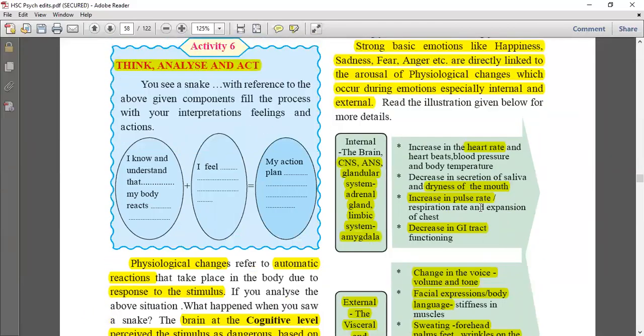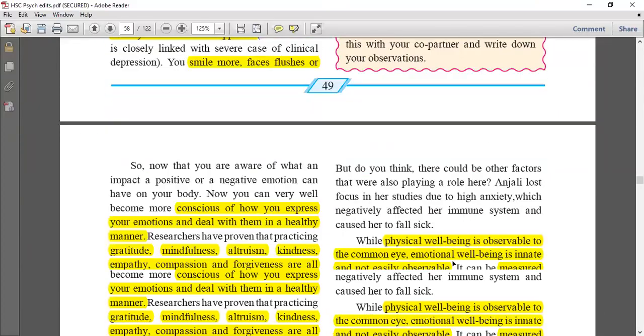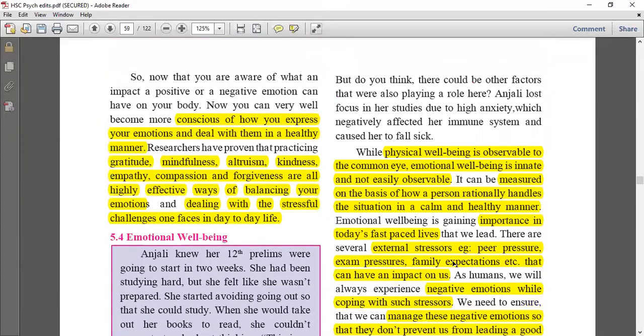Okay, so there is a response. There is a way your body also responds to emotion. Emotional expression is very important because most of your psychological issues start working out, especially in a country like India, where we are not allowed